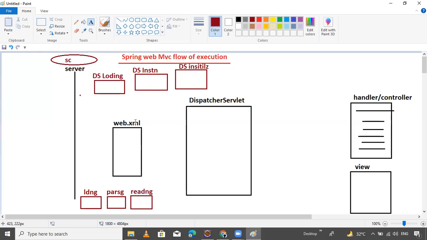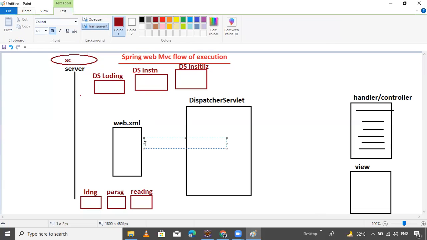Then it performs dispatcher servlet loading, instantiation, and initialization. At the time of dispatcher servlet initialization, the init method will execute.